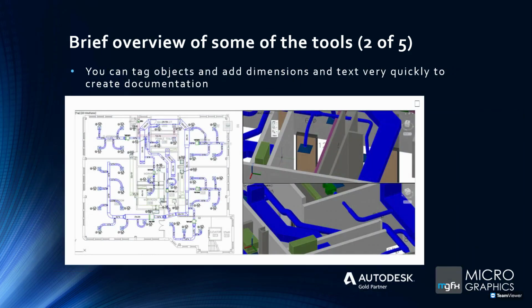Right. Once you've added these components and drawn them out, sketched them out, looked at it in 3D, and checked clashes, you can also tag and dimension these. Basically, you go to the plan view or the top view of your model. You'll see all the objects in a 2D environment, as you can see on the left-hand side of that image, and then you can tag them, add dimensions,